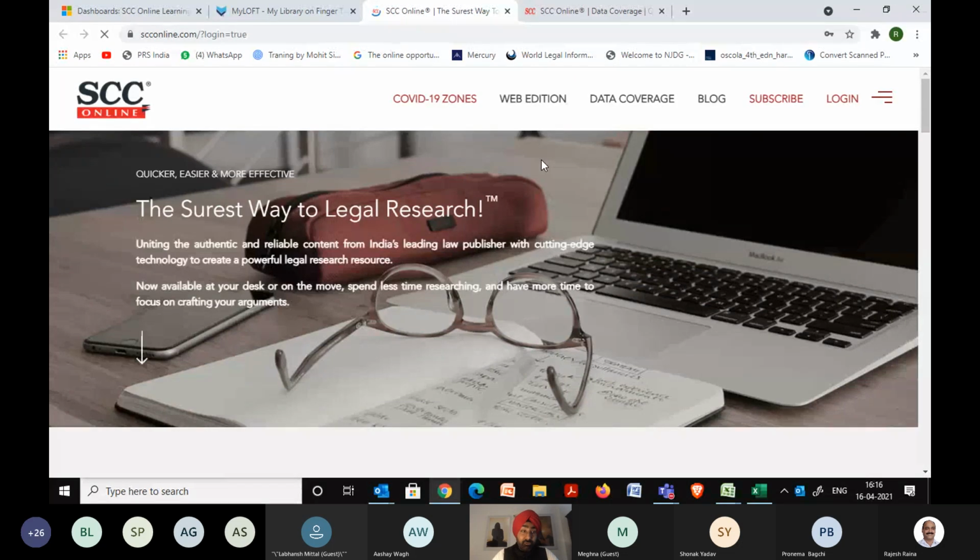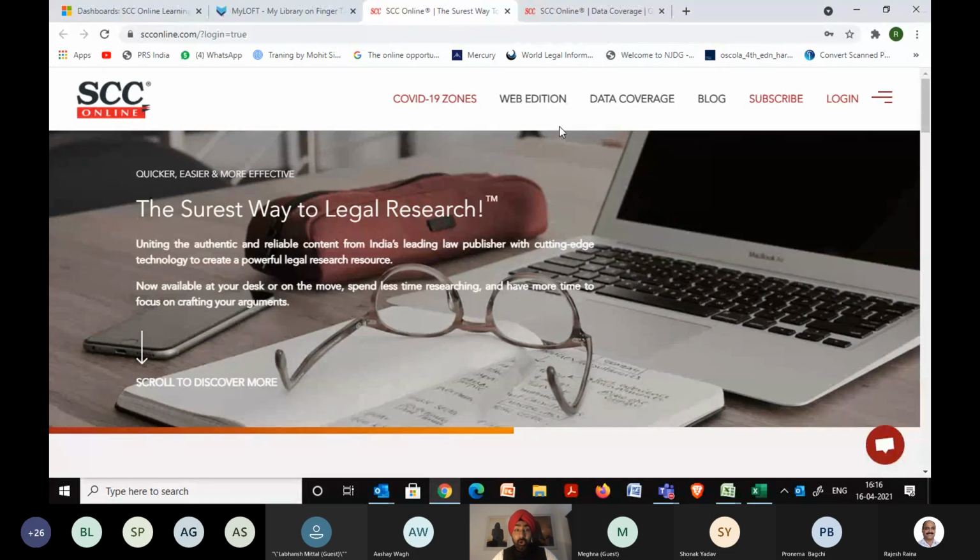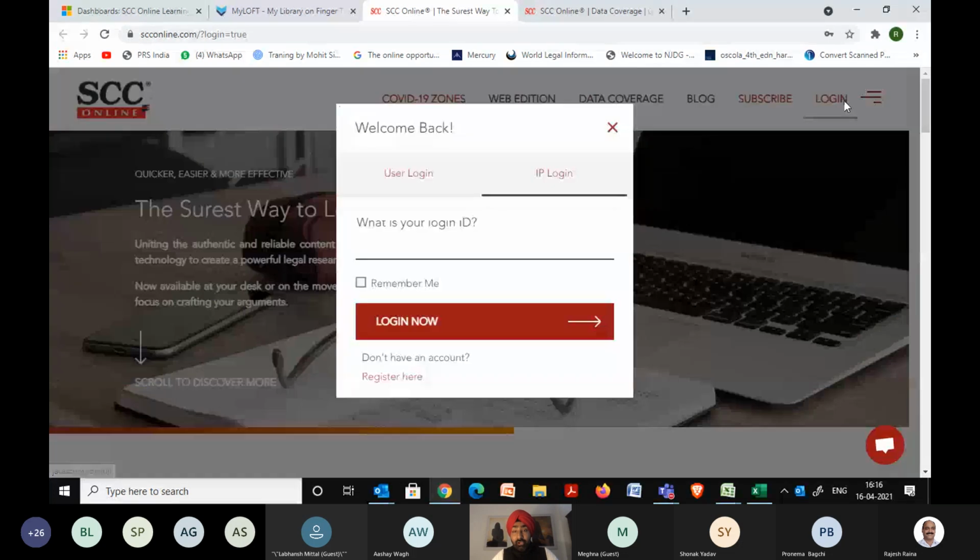Now, the reason why we're going through all this, another login, going to eResources, databases and all, is that the moment you step out of your university and you type in SCC Online in Google, it will not give you IP access. It will ask for ID and password, which you do not have. So in order to get the same access like you've been getting in the university, you have to follow the remote access process.